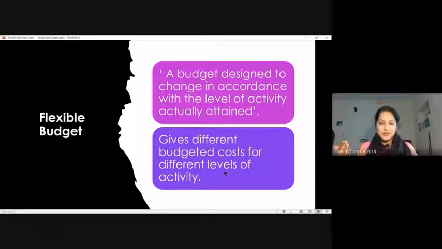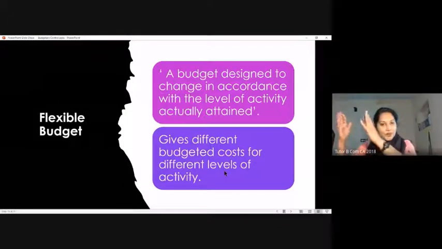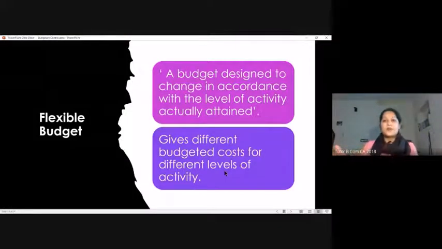Suppose I'm expecting a production increase of 25%. Currently I have a production of 1000 units, and maybe I'm expecting an increase in production to 1300 or 1500. I will put that also into my budget computation. There will be a separate cost computation: if my production is 1300 units, what will be my cost structure,